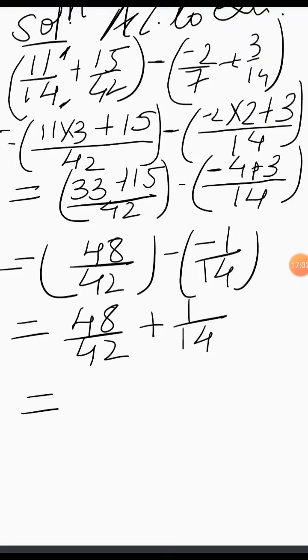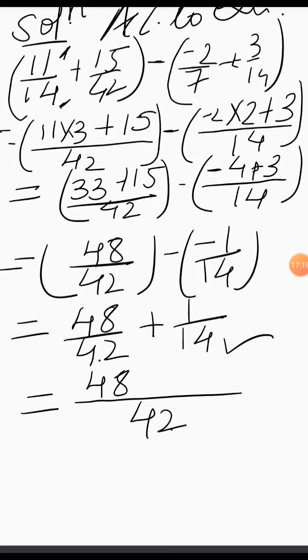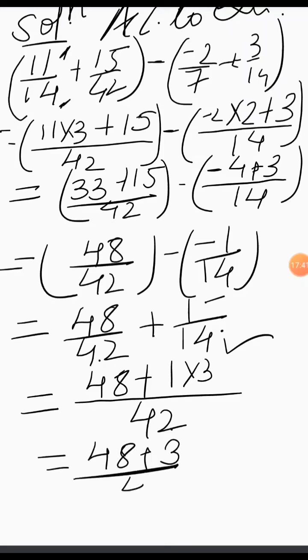Now you can see what clicks me here. Again I have to make the denominator equal, and again I will find what? LCM. And what is the LCM? 42. And here already the denominator is same, so no need to multiply the numerator by any number. And here you can see, here the denominator is 14 and here it is 42. So to make it 42, you know you will multiply this by 3. So the same multiply here also by 3. So when you multiply 1 by 3, or you can write like this children, so that you can understand. 48 plus 3 ones are 3 by 42.